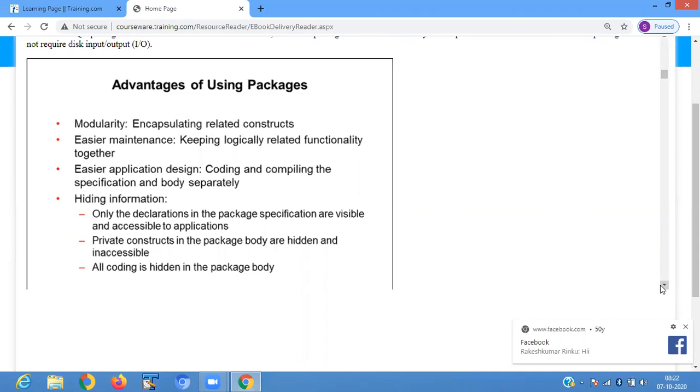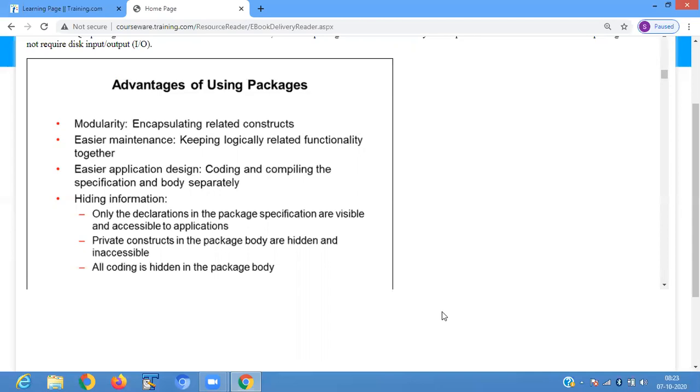Okay. Next is easier maintenance. Next is easier application designing, coding and compiling the specification and body separately. Declaration is present in one part, coding is present in another part. Next is hiding the information. Only the declarations in the package specification are visible and accessible to the application.